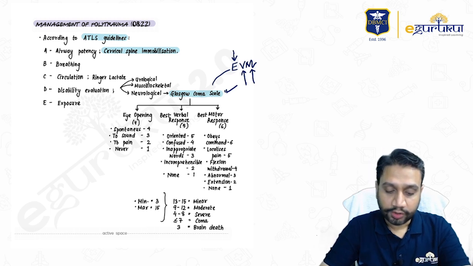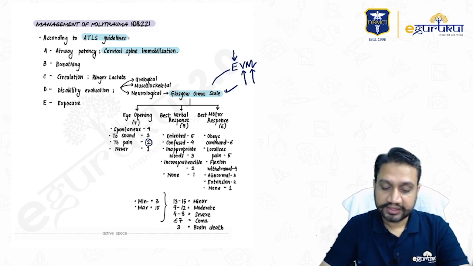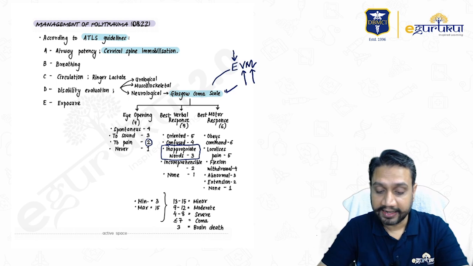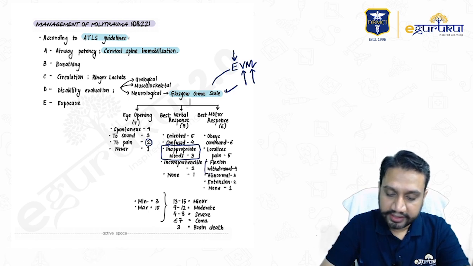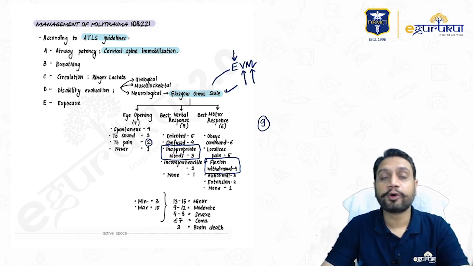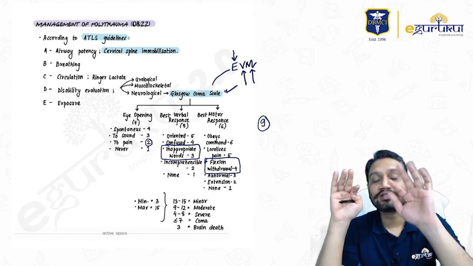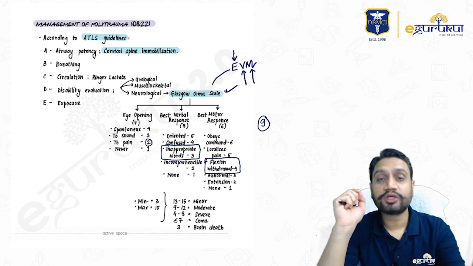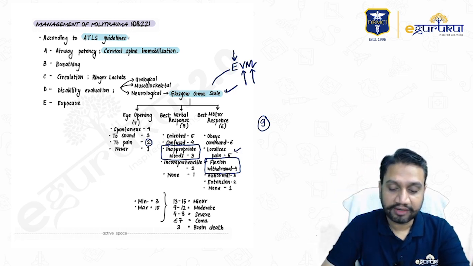Okay. So when they are saying the eye opening is on pain, it is a score of 2. When the patient is confused, using inappropriate words, the score is 3. And when there is a flexion withdrawal, it is a score of 4. So the total score would be 9 for our patient. If they mix up both things, that there is pointing to the site of pain from the right side and flexion withdrawal from the left side, what to use? Always the better score. That is why I said the best motor score. So localizes to pain, it would have gone for 5.